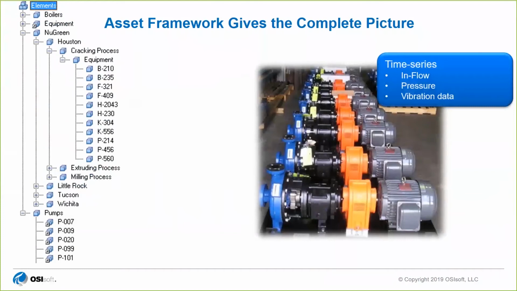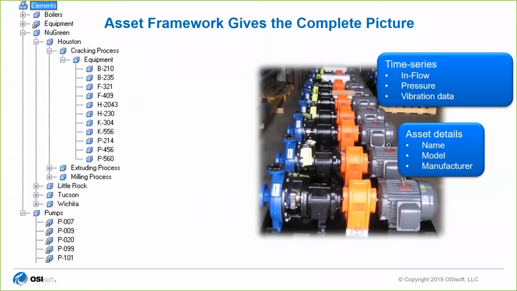The great thing about the asset framework is it lets us contextualize our data beyond just what the pressure is at this time. It lets us describe our pieces of equipment completely, so that we know all the time series data associated with this piece of equipment. Here's the flow, here's the pressure, here's the vibration, and we can put in things that we would never store in a tag, like the name of the asset, the model, the manufacturer,